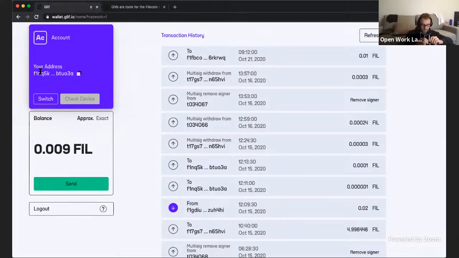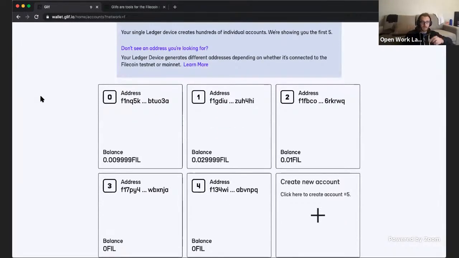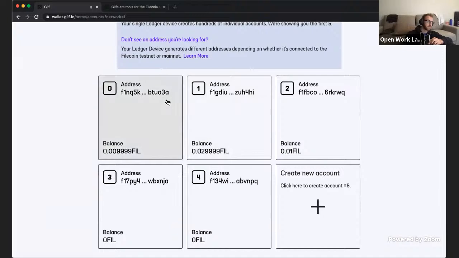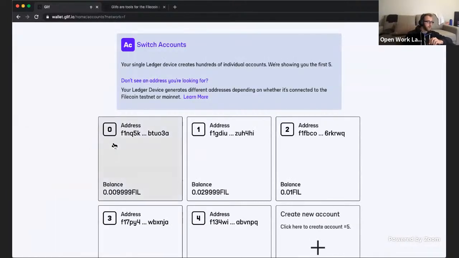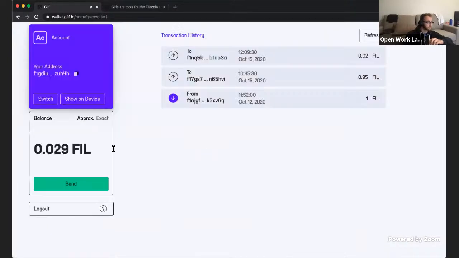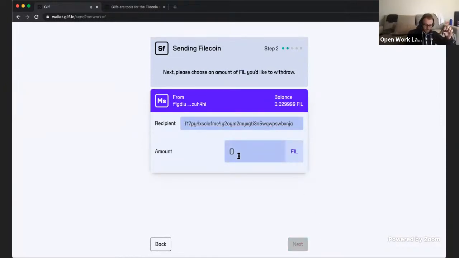So I'm going to go and say accept. And then I can also switch between my Ledger wallets. And like Kuba was saying, these are deterministically generated. So every time you come here with the same Ledger, you'll see the same addresses. So what I'm going to do is switch to an account that has no balance. So this one, I'm going to copy this address because we'll send it some Filecoin, and go back up to maybe this address and send some FIL. So I'm going to paste in my other Ledger address, maybe give it a 10th of a FIL or a